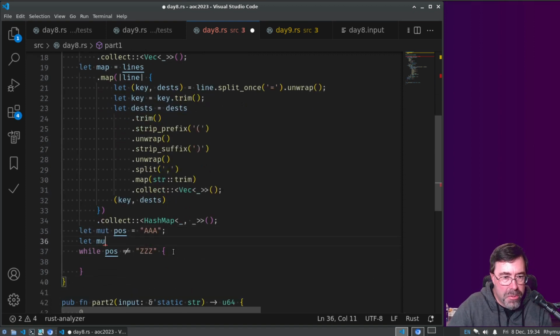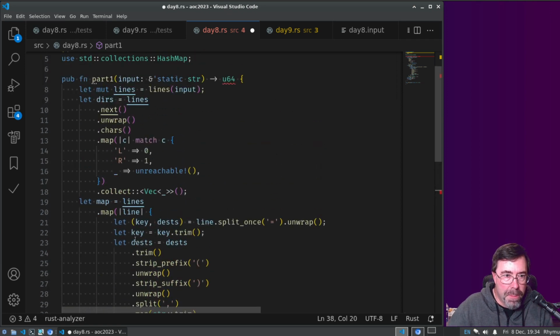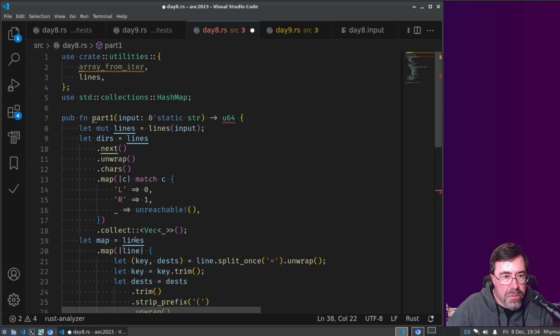So let mut step 0. So let's make that a step index. And this is a step equal dir, is it dirs? Yes. Dirs